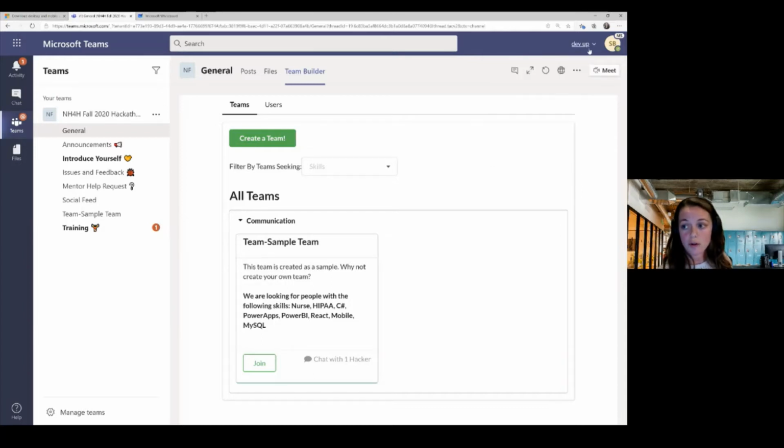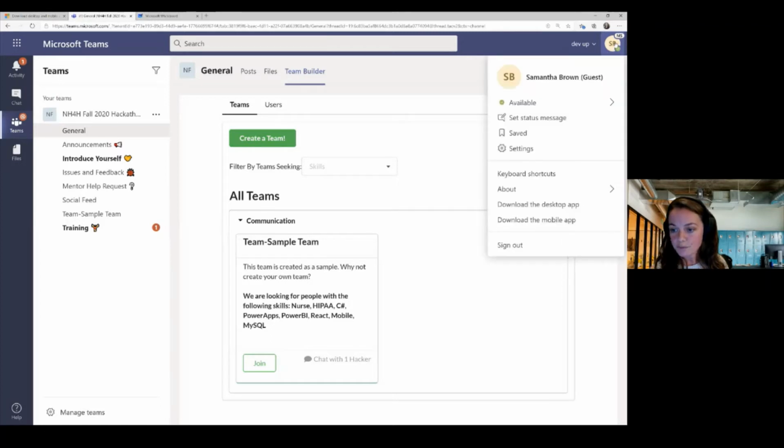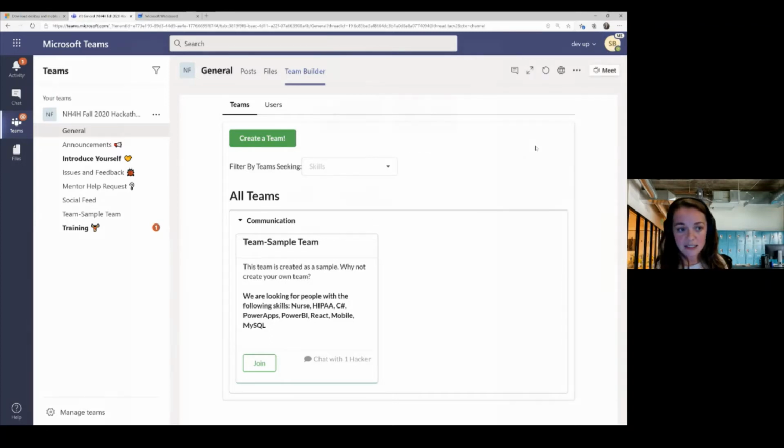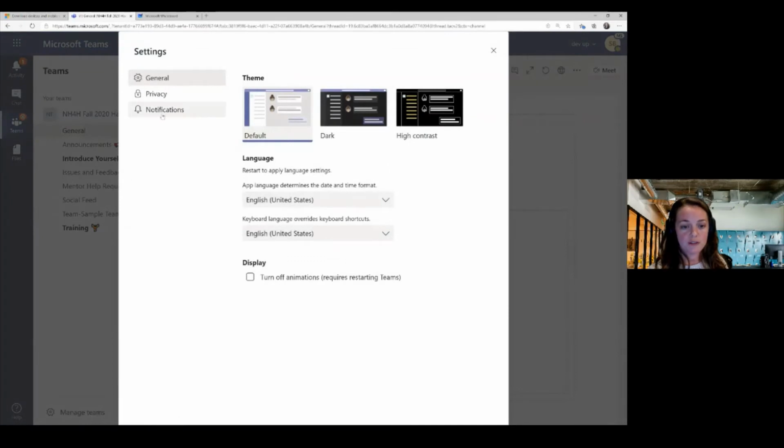One thing I wanted to go over quickly is notifications. Now, some people want to be notified constantly, whether it's that they got a chat or they want notifications every hour on some activity that's going on in the team. This is going to be 3 days of intense work for everyone, and we want to make sure that you're notified about things that you want, but not necessarily the things that you don't want to hear about. So if you go up to your name on the top right-hand corner and go down to settings, you can come over here to notifications.